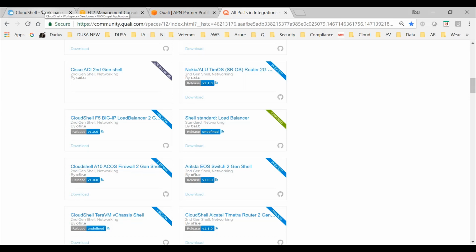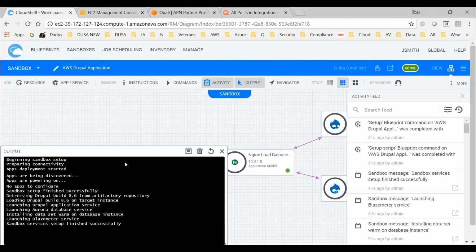So let's go ahead and go back into our environment, and now you'll see that the messaging here says sandbox services setup finished successfully. So here now we'll note is an IP address and other parameters that are in place with the application. So with that, what we are now ready to do is actually go into